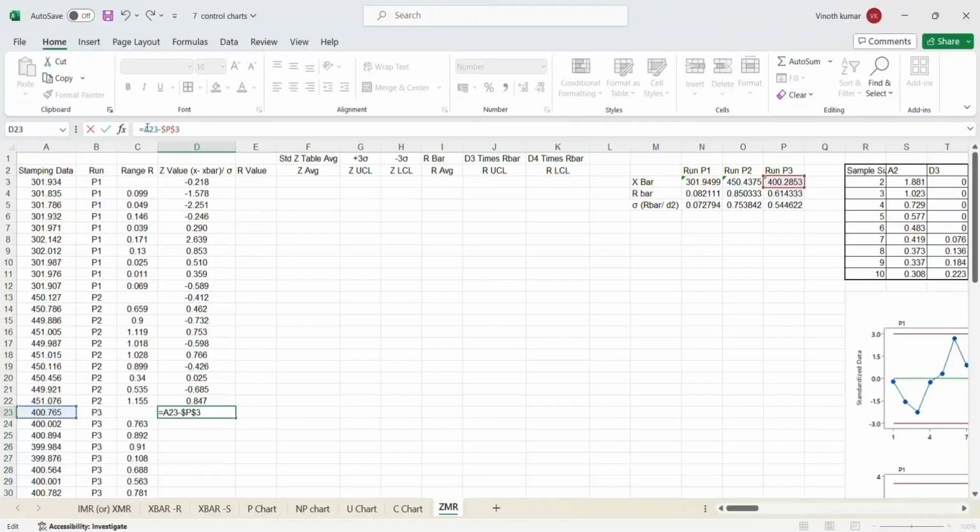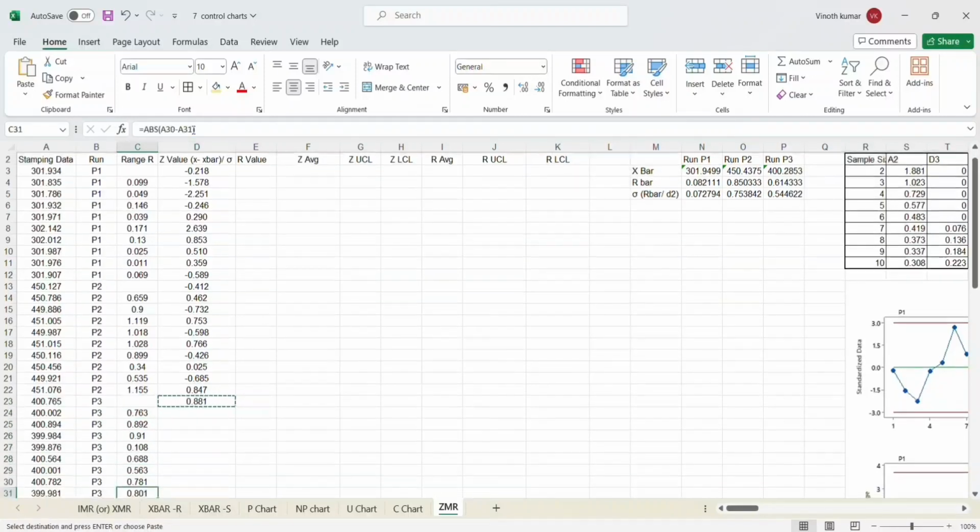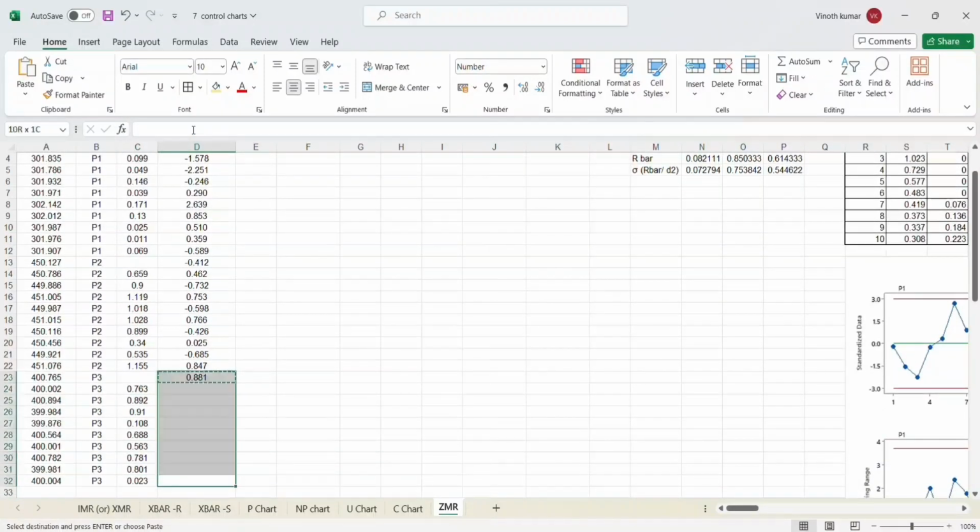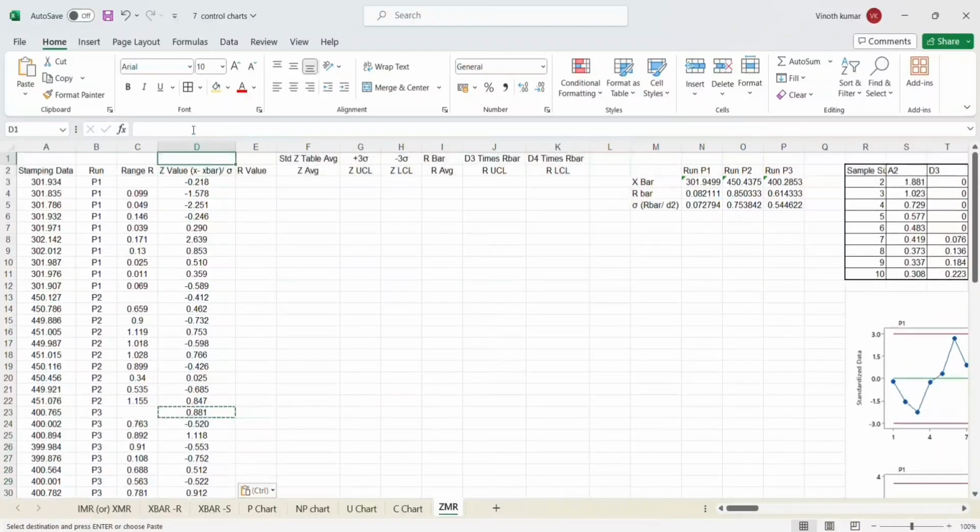divided by the standard deviation. Again I freeze this formula, I can copy paste this formula now. Okay, so here I got the